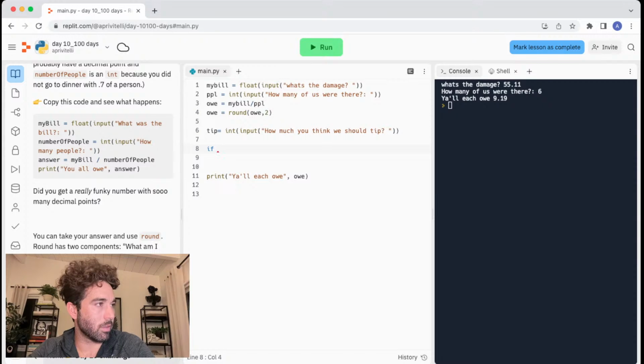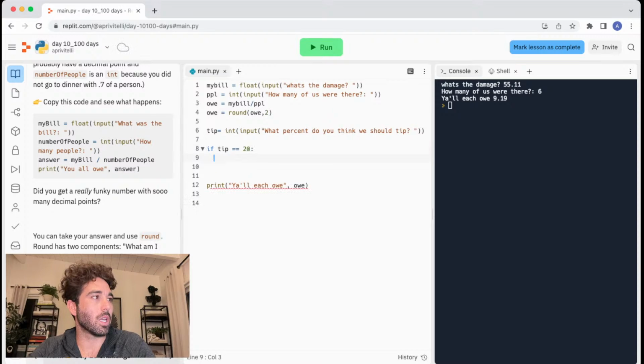What percent do you think we should tip? If tip equals 20, then answer